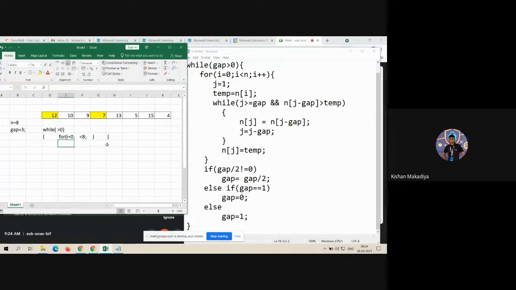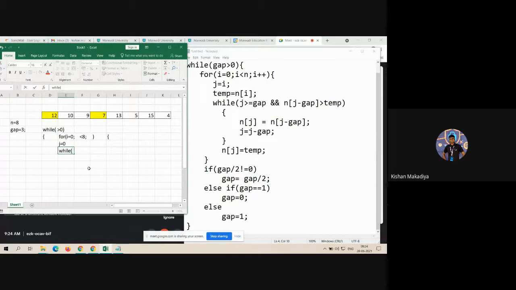A is equal to, here it should be I, sorry, not, but here it's I. So j is equal to 0. Now check the condition. While j greater than or equal to gap, no, condition false.